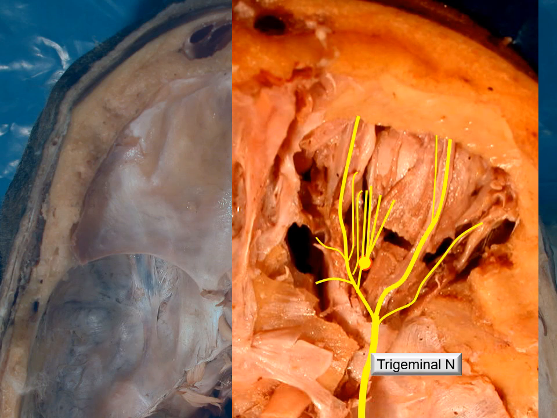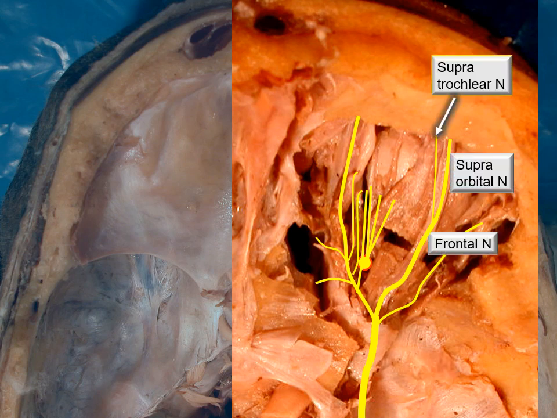Next, detailed description. You can see the location of the nerves, how they are distributed in the orbital cavity. That's the trigeminal nerve flashing. Anteriorly, it divides into the supratrochlear, the supraorbital and the frontal nerve. The medial of the two is the supratrochlear. The lateral thicker one is the supraorbital. These two are formed from the frontal nerve.